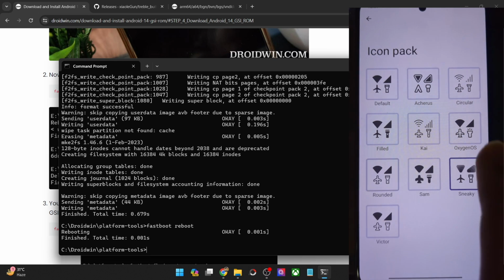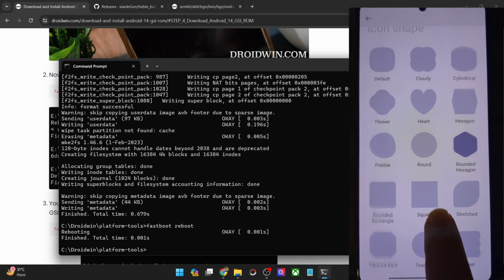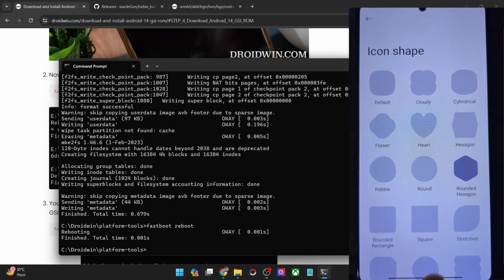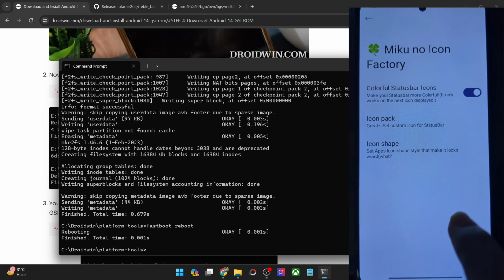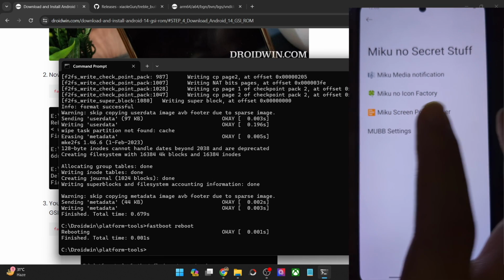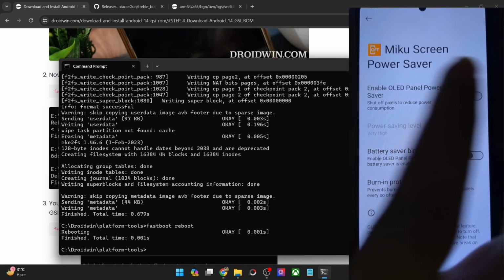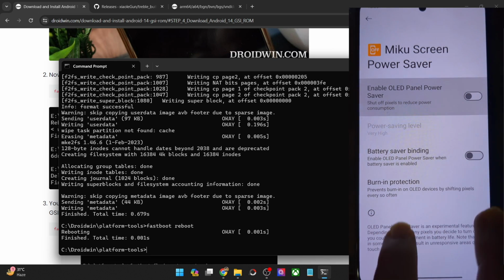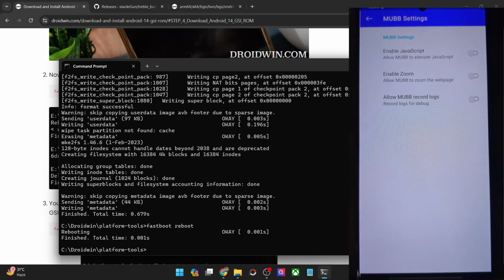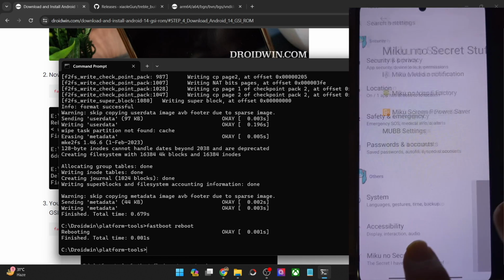These are usually there in the custom ROMs, but again, it's quite great to see that it's there in the GSI ROM as well. Then you may choose from the icon shapes. Let's go with, let's say, flower, and check out the result. It has been implemented. Then let's get back, and that is all, I guess. So there are a few MIUI screen power settings as well. You may enable the OLED panel power, and this will turn off some pixels to save the battery. And then you have a few advanced tweaks as well regarding JavaScript and zoom in. If you want, you may enable them as well.